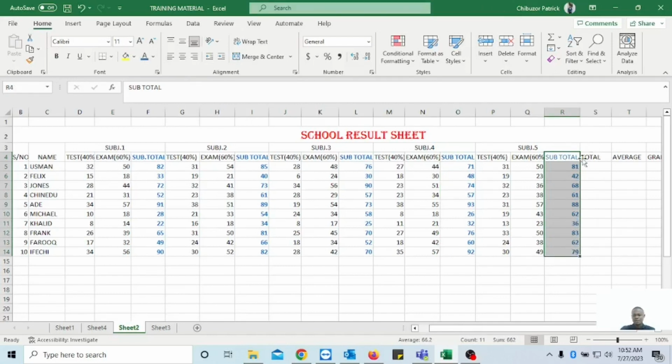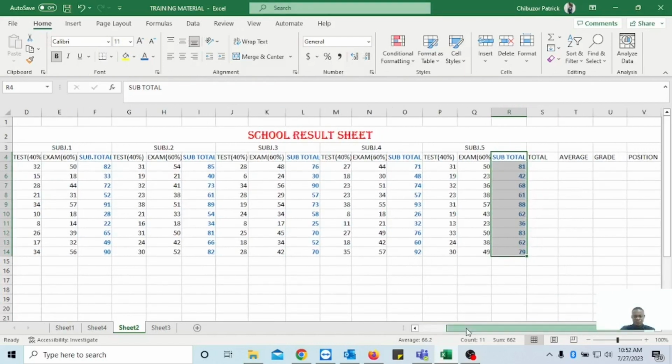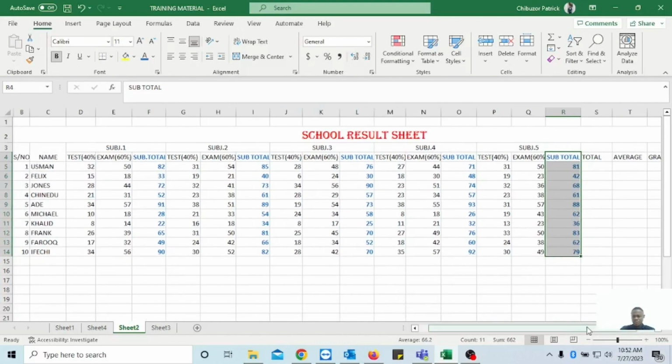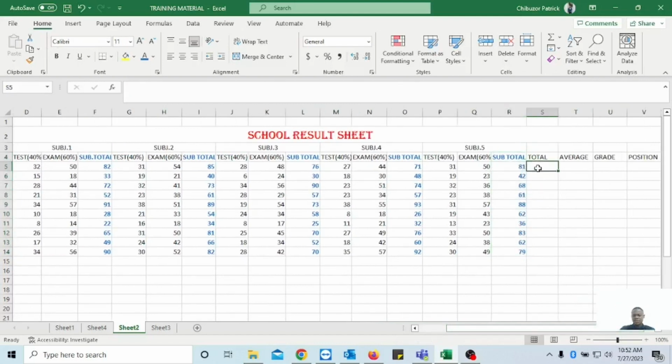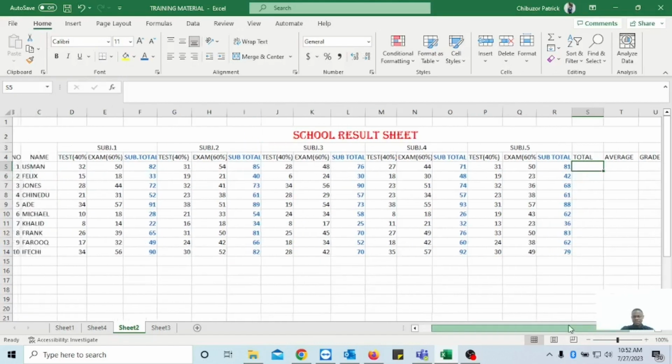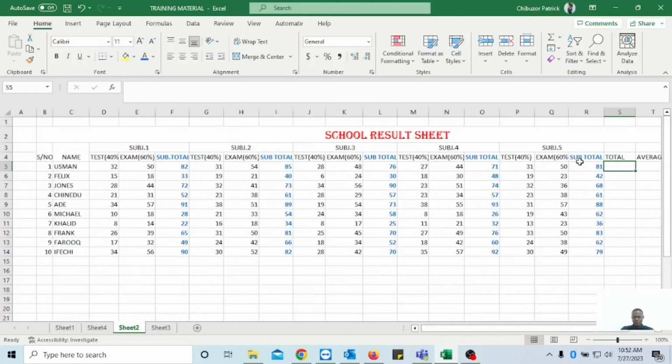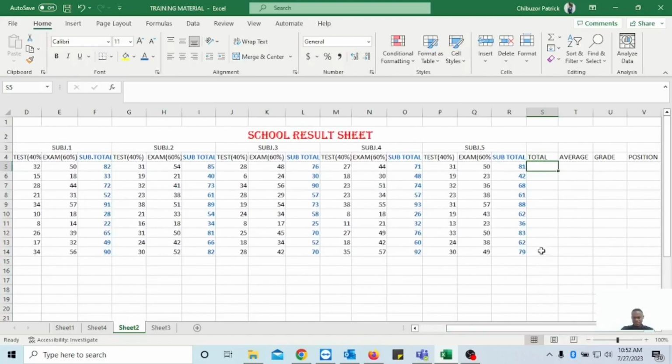So we have successfully generated the total for each of the subjects offered in that class for each of the students. Now we want to get the overall total in all the subjects for each student in that class. We have the subject totals, and this is the total for all the subjects that are offered in that class for each of the students. So to do that, we will say equals sum